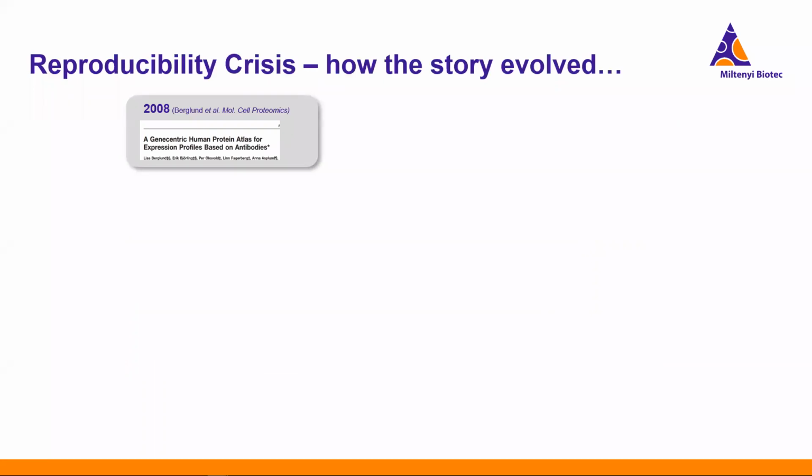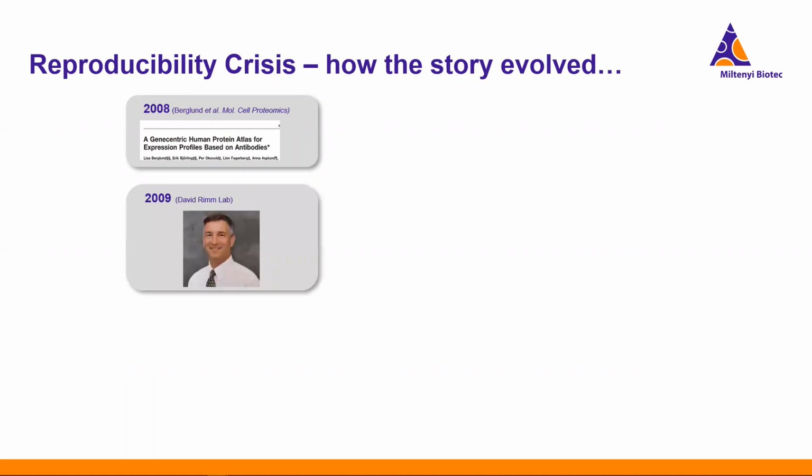They found that less than half of the commercially available antibodies actually recognize their targets, which is troubling. This is a picture of David Rimm. He was a pathologist at Yale in 2009, and his lab had this, I think, really devastating experience. They were on their way to characterizing a new cancer marker, but they realized that a new batch of antibodies they were using to detect this marker was failing to give reproducible staining, and it ended this $1 million biomarker development project.